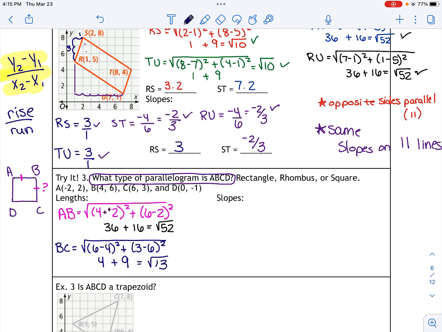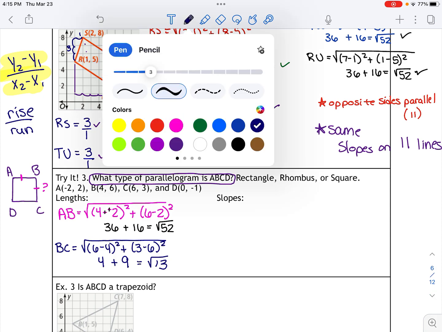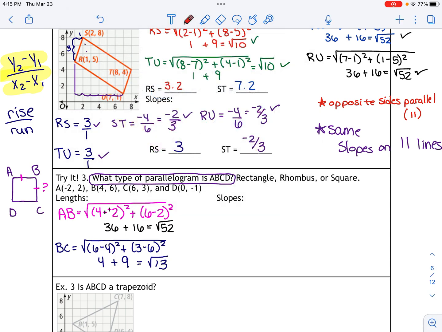Okay, so if you look at these two numbers, square root of 52 and square root of 13 are not the same. So the sides are not the same. It's going to be either a parallelogram or rectangle. Okay, so now this is why we typically have to keep going to figure out the slopes, because